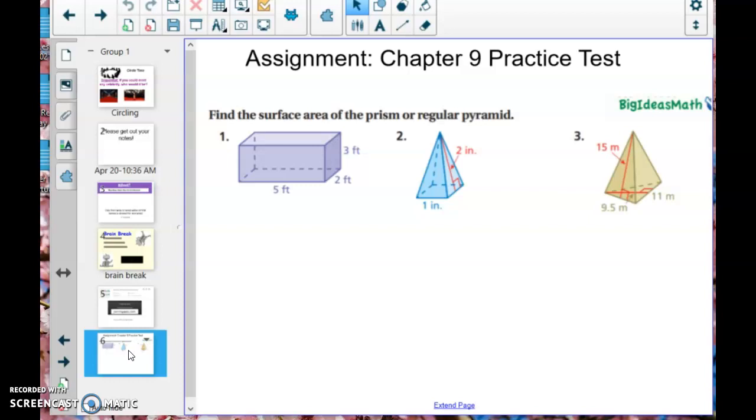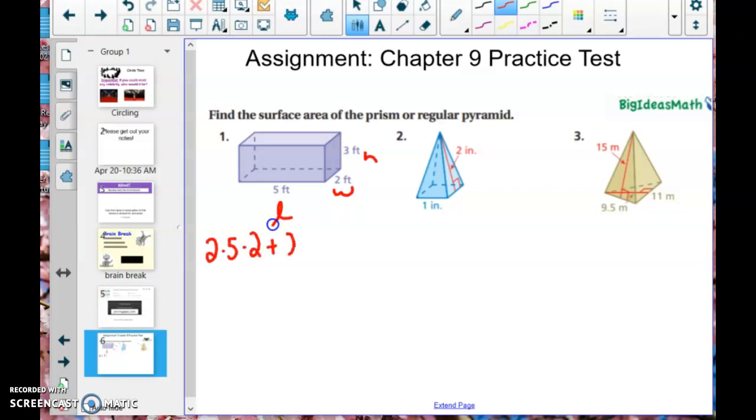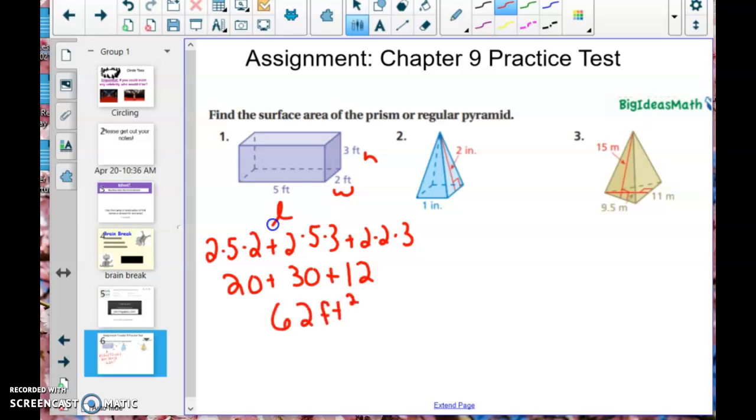It starts out with finding the surface area of the prism or the rectangular or the regular pyramid. I'll get started on number 1 with you. That one is a rectangular prism. So you know it's length times width times height. So it would be 2 times 5 times 2, plus 2 times 5 times 3, plus 2 times 2 times 3. So the first part, 2 times 5 times 2 would be 20, 2 times 5 times 3 would be 30, and 2 times 2 times 3 would be 12. So then the total surface area of this shape would be 62 feet squared,